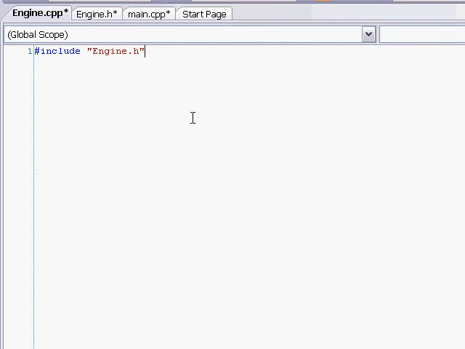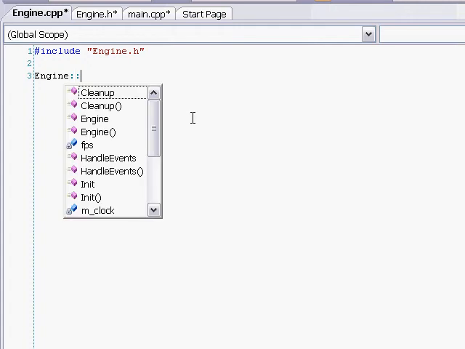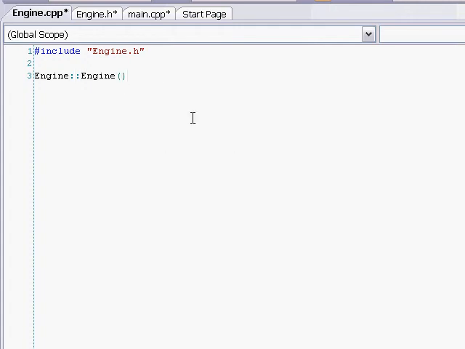Now this is engine.cpp. Engine, in the constructor, we're probably going to make,